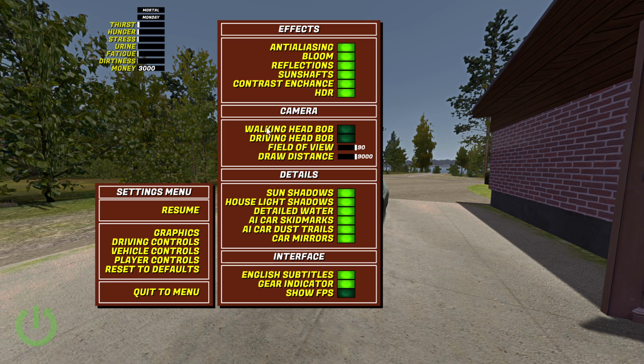Under camera you can turn on or off the walking head bob, driving head bob, change your FOV from 0 to 90 and draw distance from 0 to 9000. Under details you can enable or disable the sun shadows, house light shadows, detailed water, AI car skid mark, AI